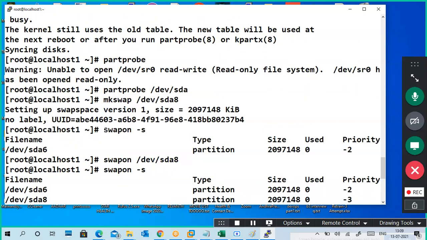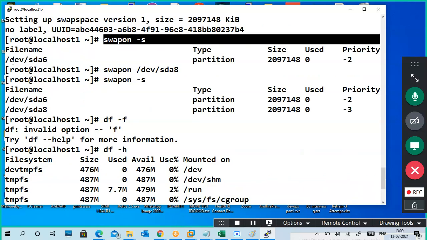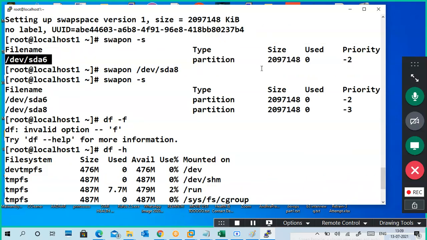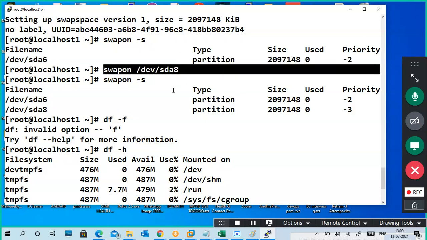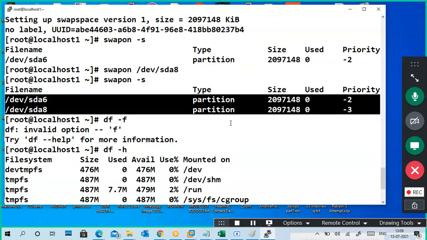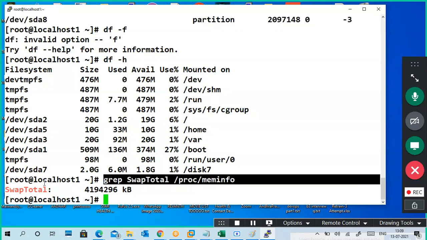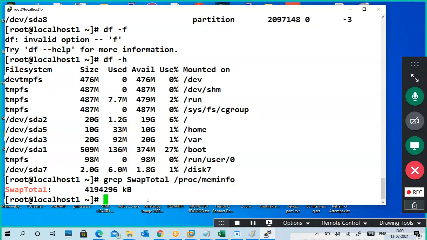Then I verified my existing swap memory. sda6 has 2 GB swap memory. Now swapon sda8, automatically sda8 is added.